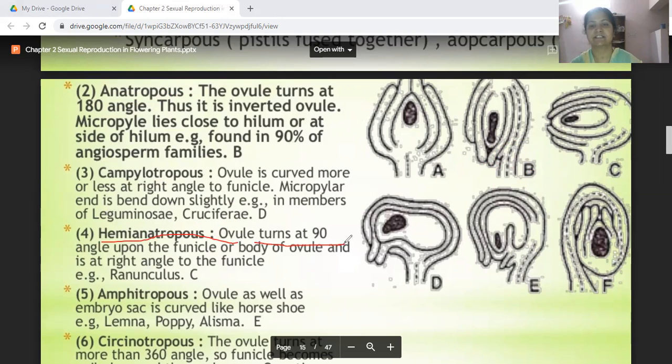हेमी एनाट्रोपस ओव्यूल 90 डिग्री पे रहेगा. तो हेमी एनाट्रोपस आप C में देख सकते हो कि यहाँ से इसका डायरेक्शन 90 डिग्री इधर चला गया है, तो इट इज हेमी एनाट्रोपस मीन्स हाफ inverted. Amphitropous ovule as well as embryo sac is curved like horseshoe. Amphitropous में horseshoe की तरह दिख रहा है आपको, E में आप देख सकते हो, ये इन प्लांट्स में होता है, लेमना, पॉपी, लाइस्मा. देन Sarcinotropous ovule 360 डिग्री एंगल होता है, इसमें फ्यूनिकल आपका